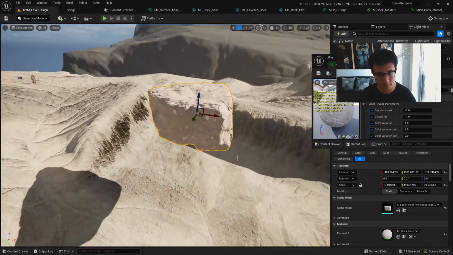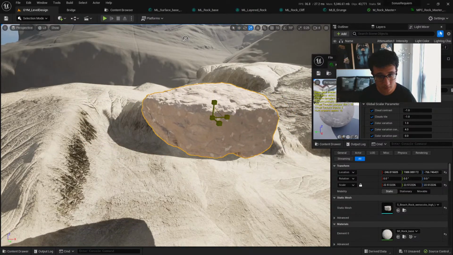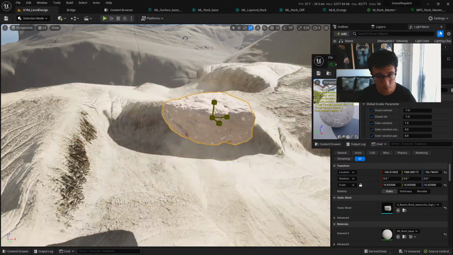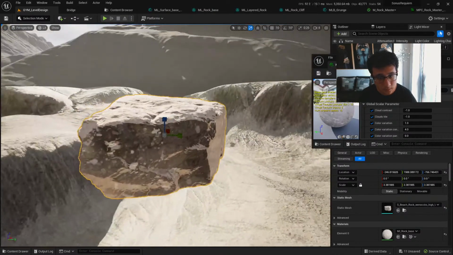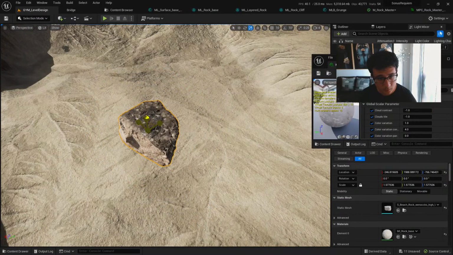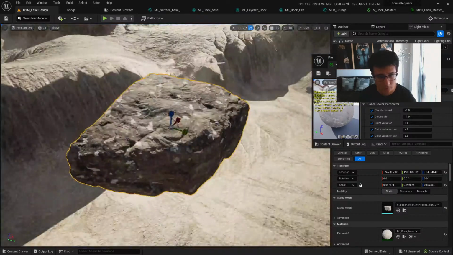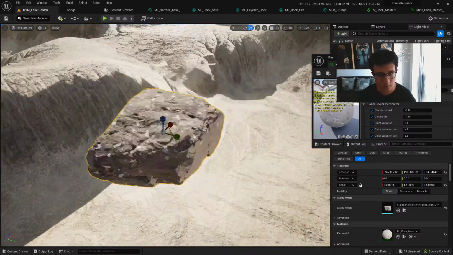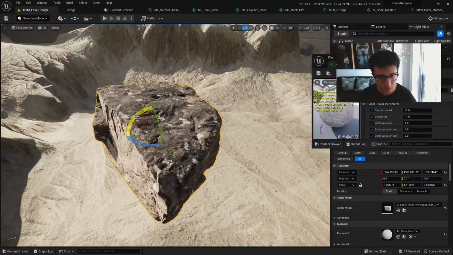Okay, so we have a little bit of an issue here, specifically for this size, we're having some trouble. Like for this one, for example, we don't have any, and here we have a little bit here, which is fine,